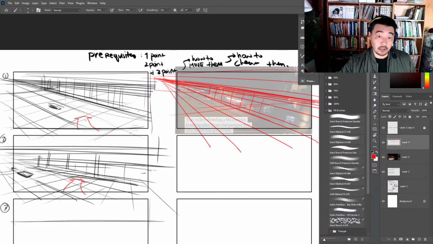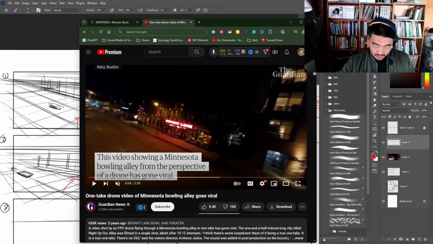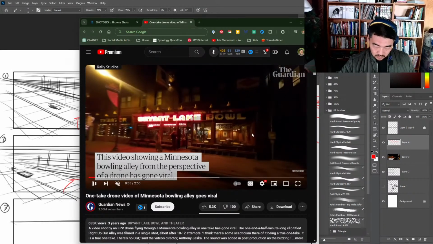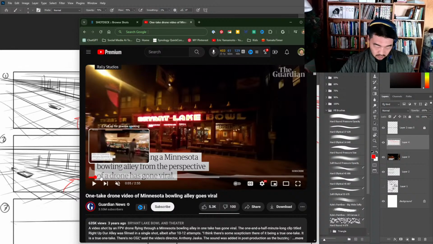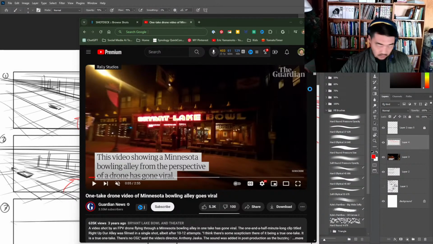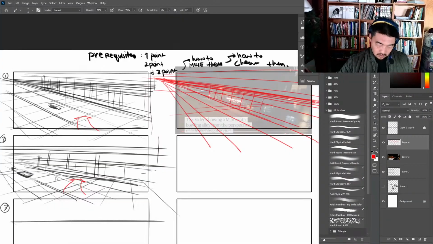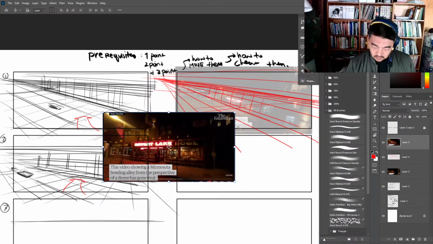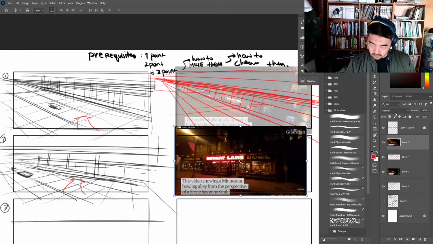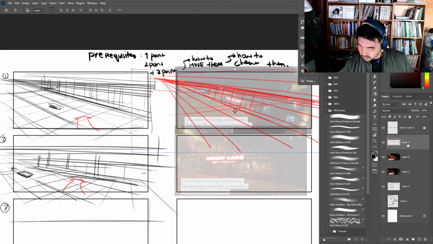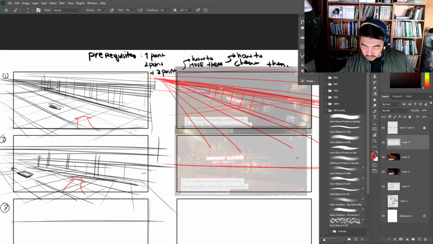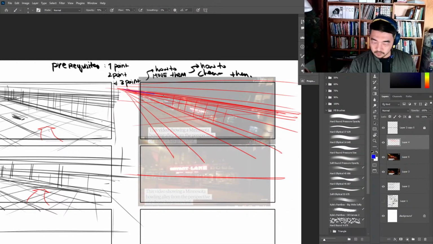And then if we come back here, we come to something like this. And now the horizon is about like right here. So first the horizon was up here.